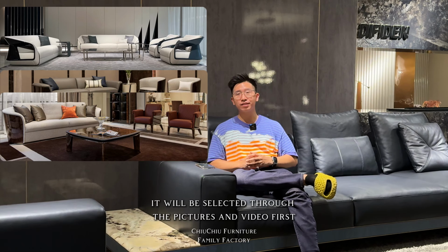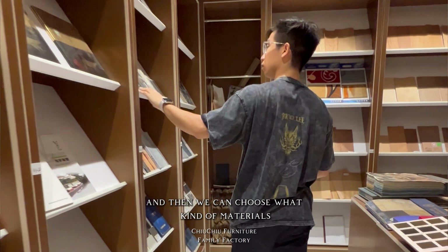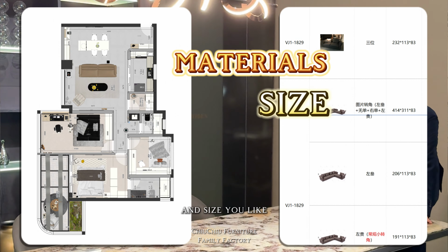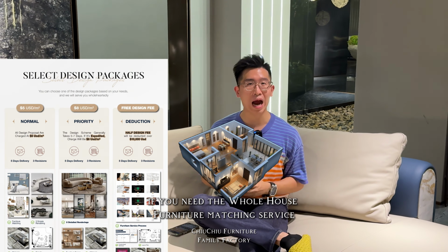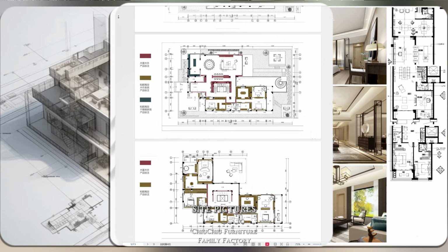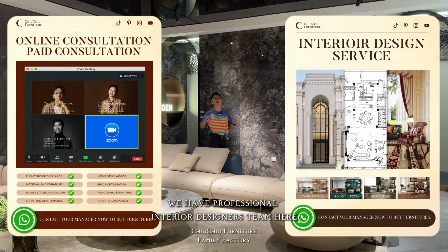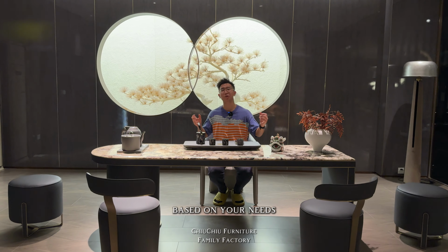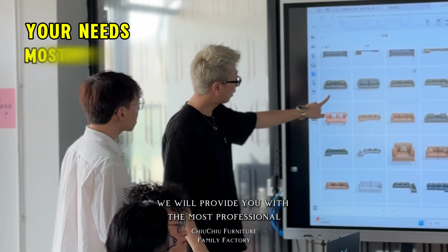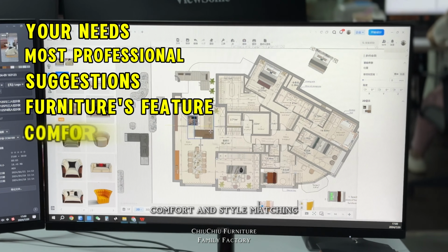It will be selected through pictures and video first, and then we can choose what kind of materials and size you like. If you need the whole house furniture matching service, you can send us the floor plan, site pictures, and the renderings from the architects. We have a professional interior designer team here. Based on your needs, we will provide you with the most professional suggestions in terms of furniture factors, comfort, and